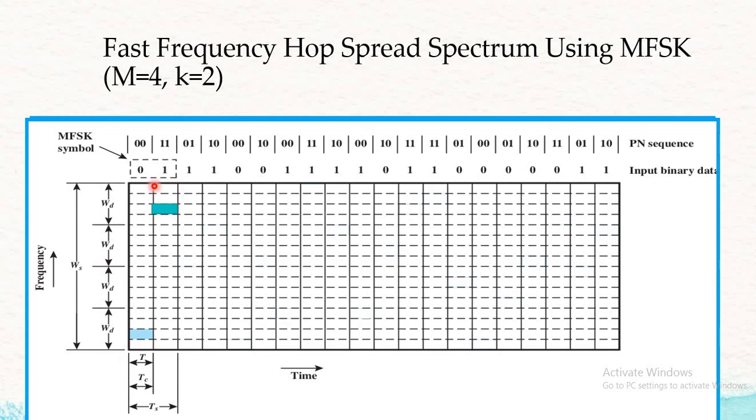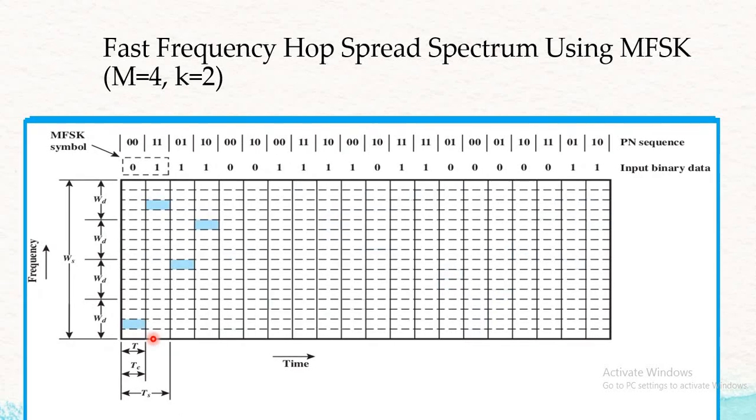As its name says, for transferring one symbol we are using several hops, and in the previous case it is exactly opposite. In one hop we are transferring multiple symbols. In that case, for one set of PN sequence we have transferred two symbols. And about the chip rate and the symbol rate, here the chip rate is smaller than the symbol rate. Chip rate is the size of an individual frequency actually. In the previous case, the chip rate is larger than the symbol rate.